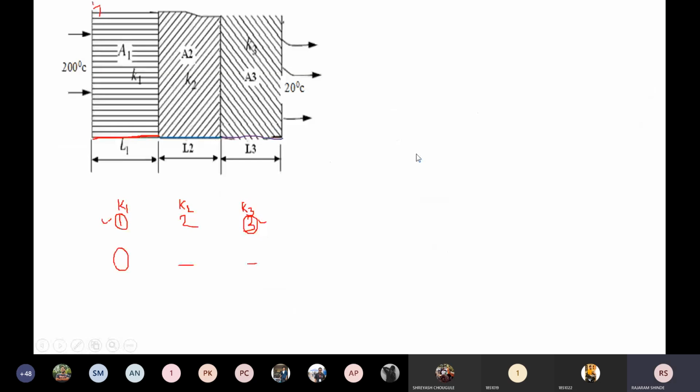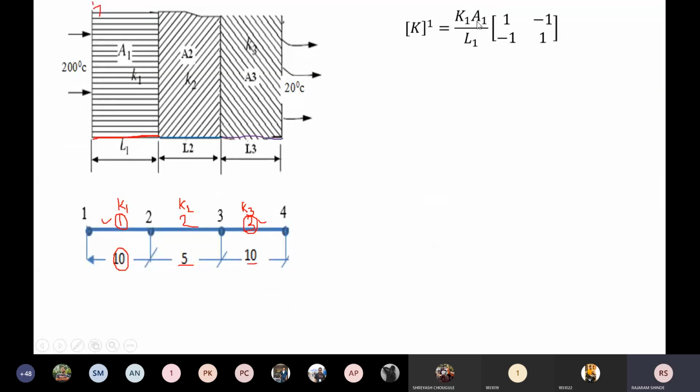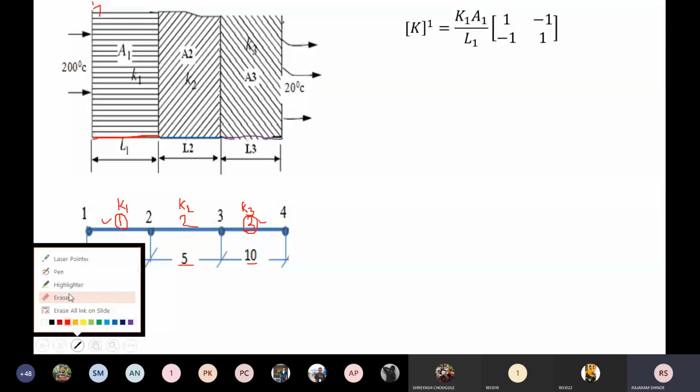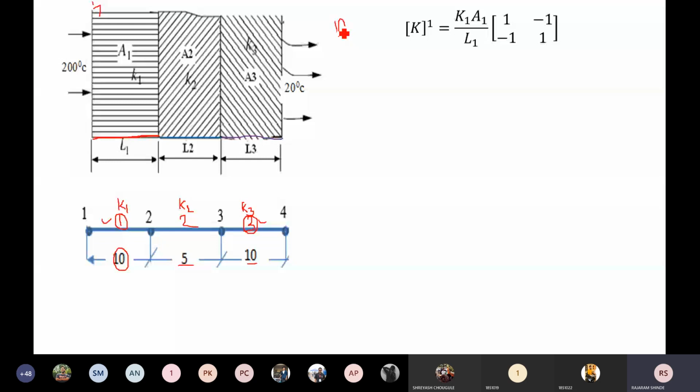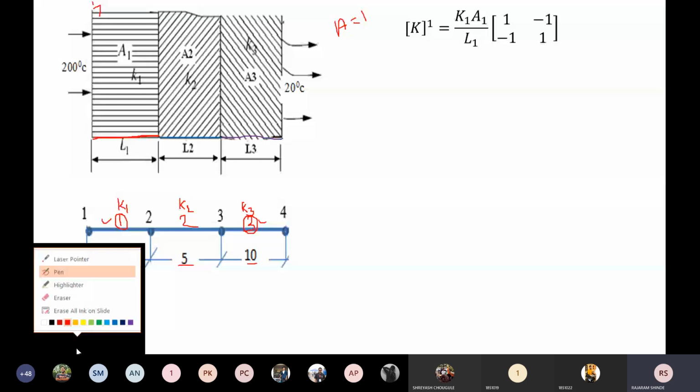You put these values here, and A1 is 1, because we have assumed area equal to 1. Therefore, it just becomes K1 upon L1. K1 is 80 into 10 raised to minus 3 and L1 is 10 millimeter, into [1 -1; -1 1]. Now, after putting that,